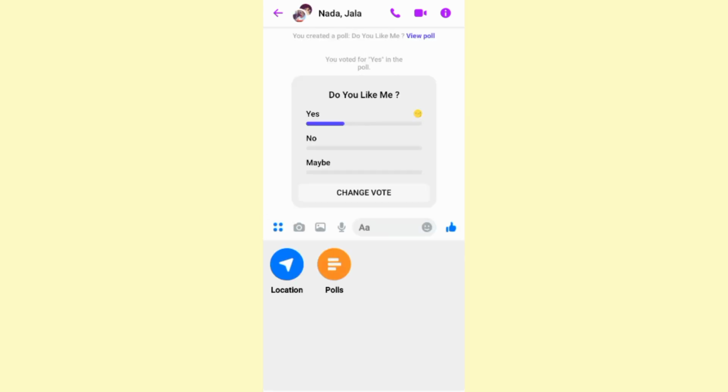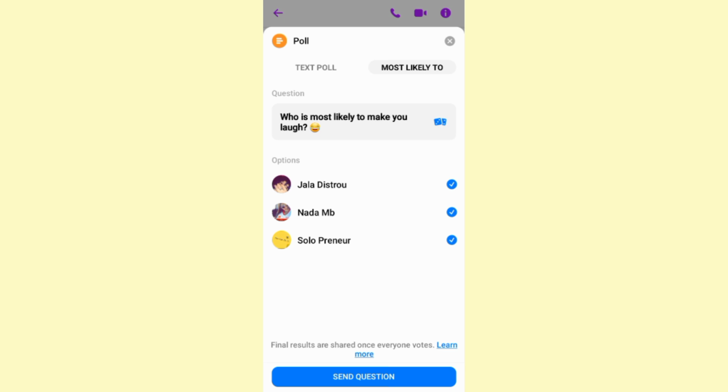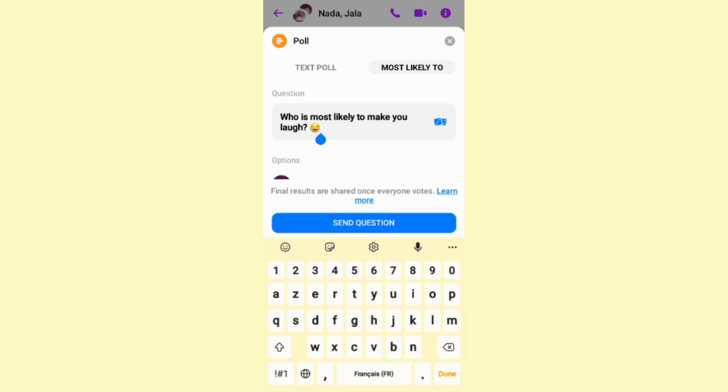So let's go ahead and see the second type of poll, which is most likely to. It works the same way as the first type. The first section is the question. As you can see, it says who is most likely to make you laugh. This is a good question, but I'm just going to choose a random question. Who's most likely to